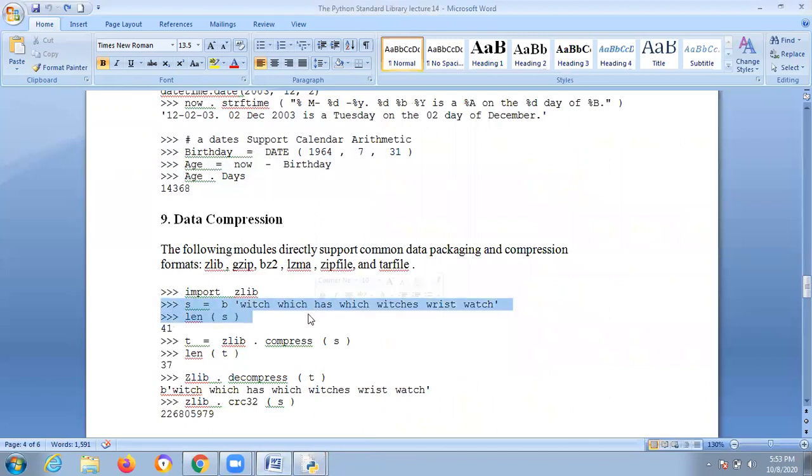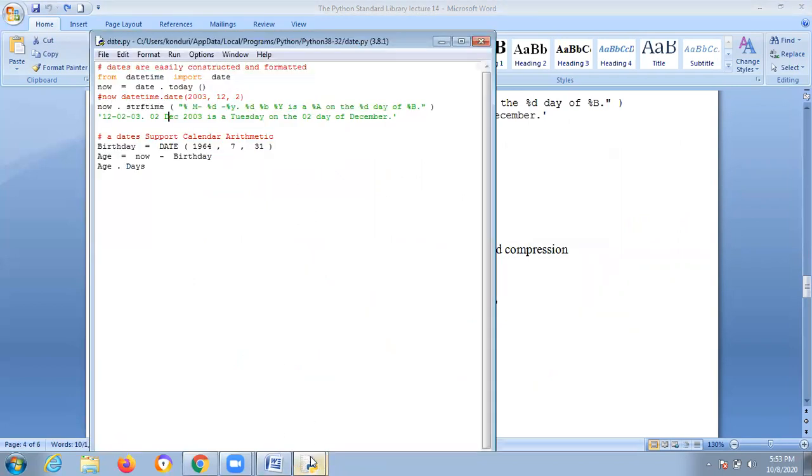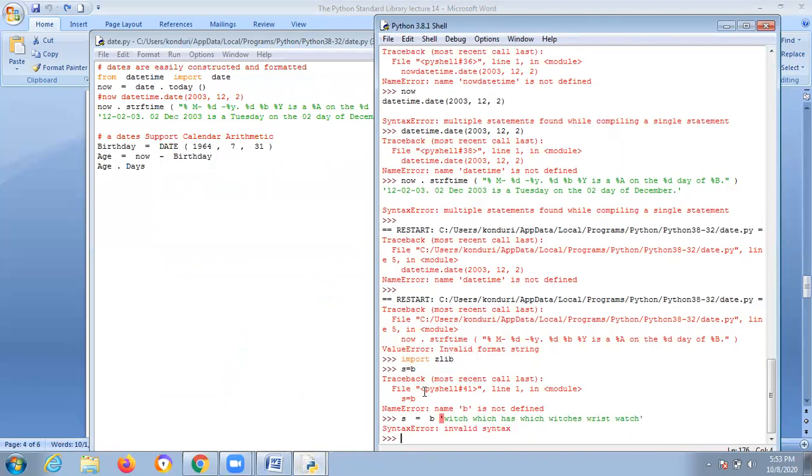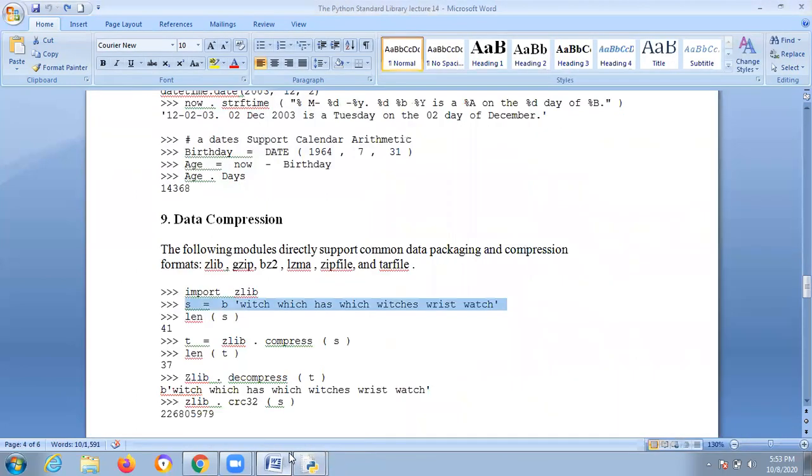You have to give this entire thing. s is equal to b, length of s. Here the following directly covers common data packing in compression format only. s is equal to something you are giving. Okay. Here what you are doing, this one compress.